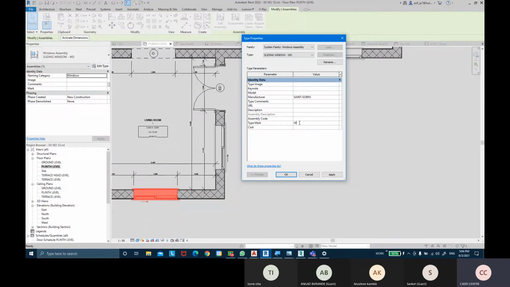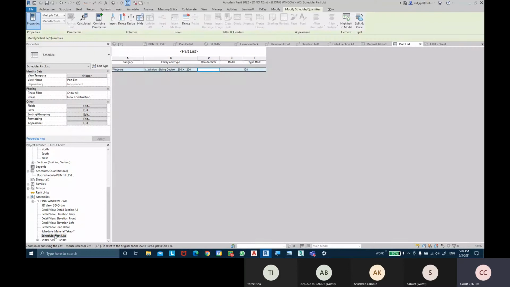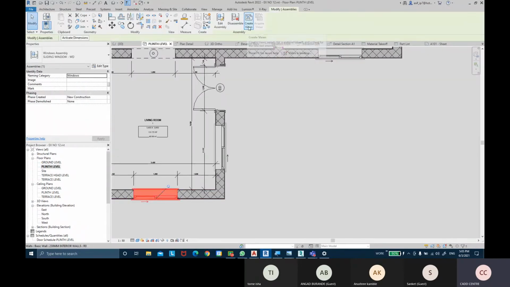This is W. You can give the description. You can even give the cost of the window. Once all this information has been added, when you come back into the assembly, the part list should update. If it has not updated, we will update it. Have we selected the right assembly? Yes, we have.